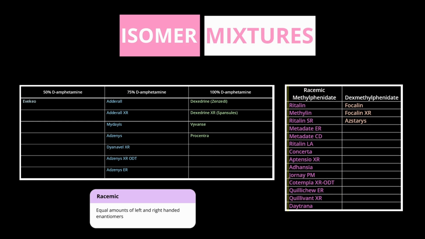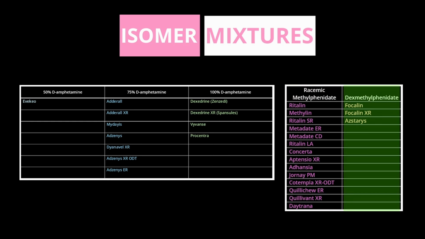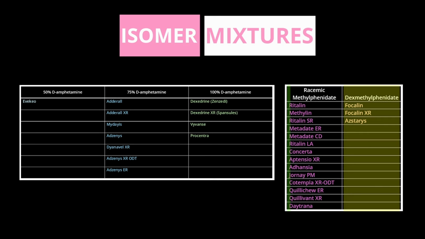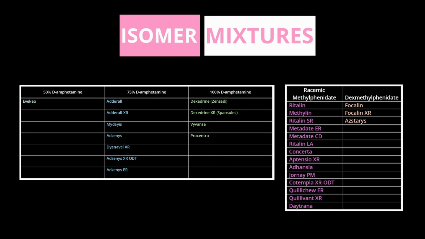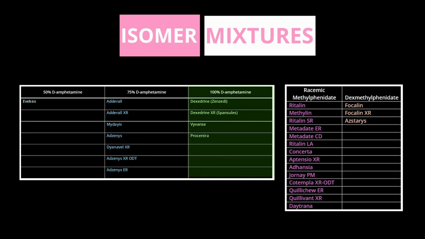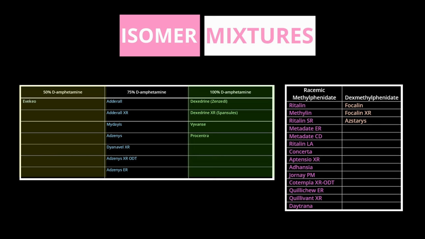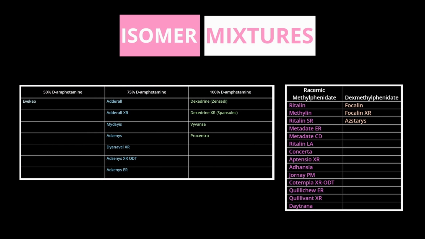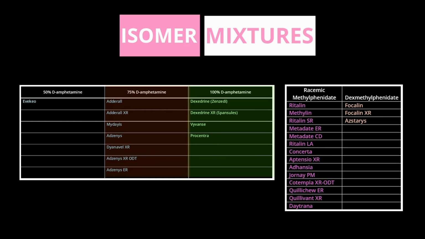And then there's formulations that come as just dexmethylphenidate. So to say that again, there's 2 different isomer mixes for methylphenidates. It either comes as all dexmethylphenidate or it comes as a 50-50 mix of the 2 enantiomers. Amphetamines come in 3 different isomer mixes. So it either comes as pure dextroamphetamine, then it also comes in a 1-to-1 ratio of the D and L enantiomer, which is the racemic mixture, and then it also comes in a 3-to-1 ratio of dextroamphetamine to levoamphetamine. So to say that again, amphetamines come in 3 different isomer mixes, and those 3 are 100% dextroamphetamine, 75% dextroamphetamine,